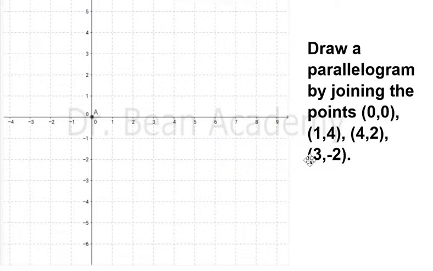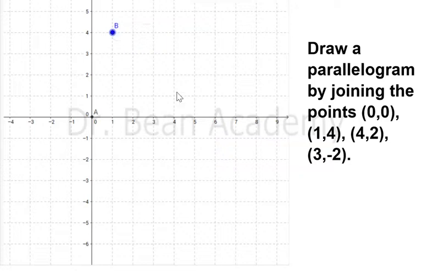locate this point. The next is (1, 4). 1 is the value of the x-axis, or the horizontal scale, so I will just go to 1. The next value for the vertical scale is 4, so I will go up, and here I arrived in front of 4, so this is the point (1, 4).